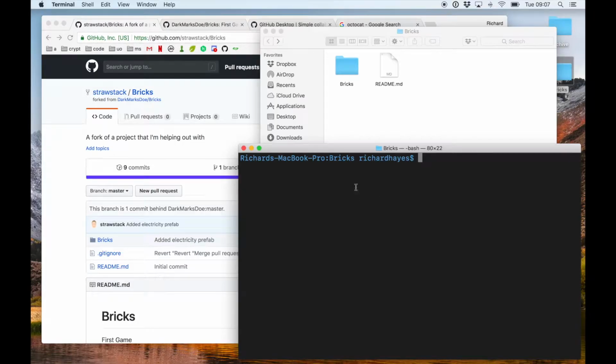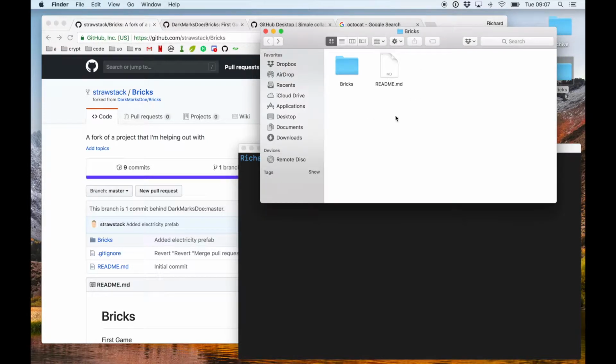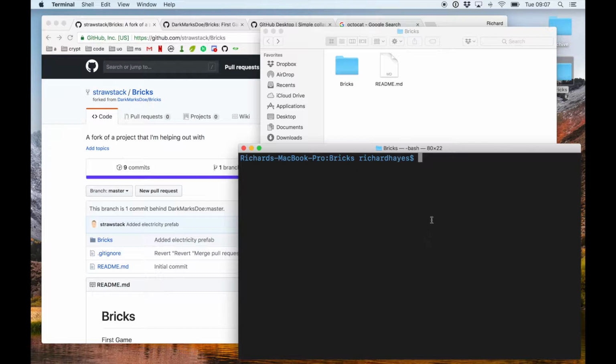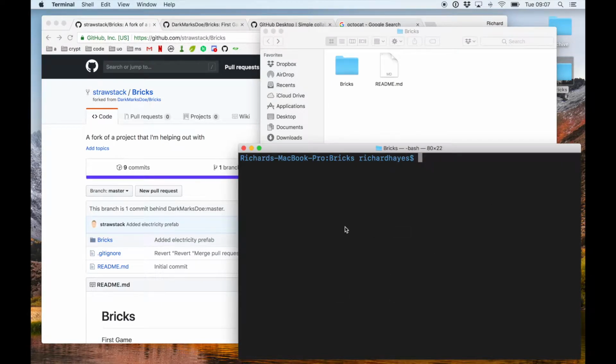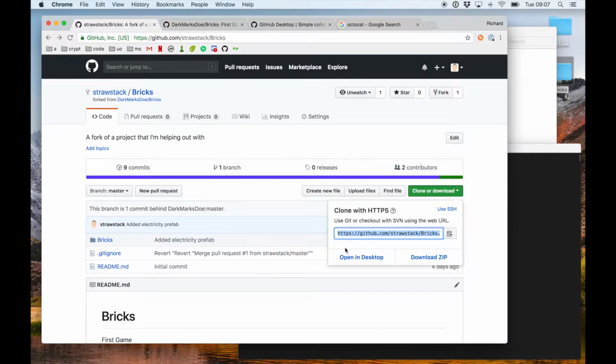What I'd like to demonstrate now is the difference between a local repo and a remote repo. Git has a concept of something called remotes. Right now, I'm working in a terminal in this folder. But I can ask Git if this local folder has any remote repos that it's connected to. I can say git remote show, and it will tell me that there's something called origin, which is a remote repo, which in this case is the one on GitHub,